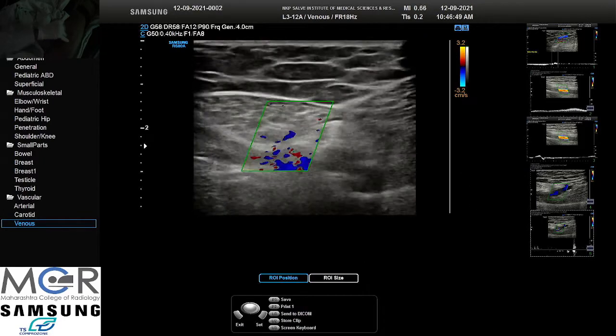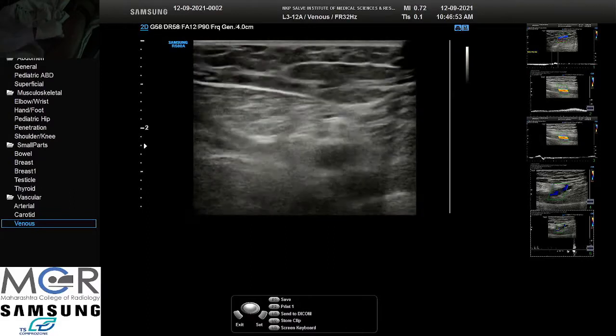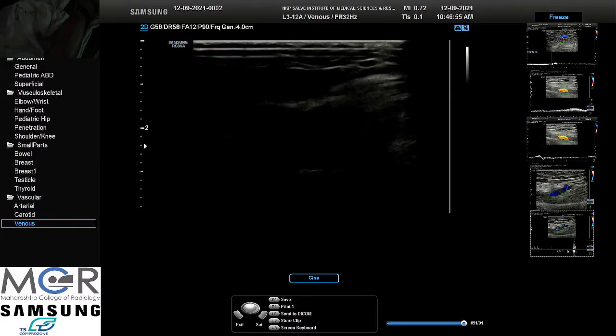So that is a big reflux, the refluxing or incompetent perforator in the thigh region. We go to the popliteal region.